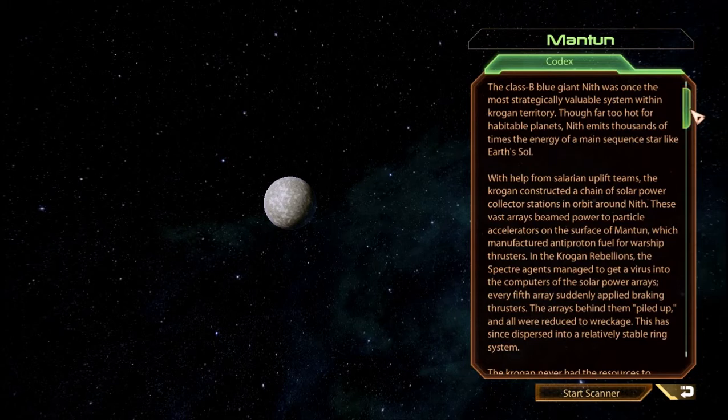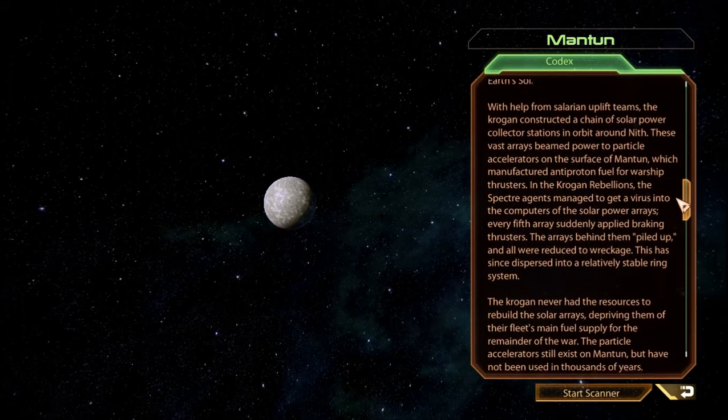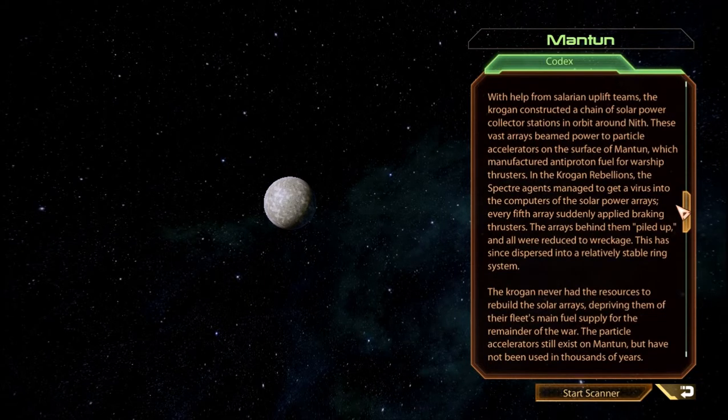Mantun. The Class B Blue Giant Nith was once the most strategically valuable system within Krogan territory. Though far too hot for habitable planets, Nith emits thousands of times the energy of a main sequence star like Earth's Sol. With help from Solarian uplift teams, the Krogan constructed a chain of solar power collector stations in orbit around Nith. These vast arrays beamed power to particle accelerators on the surface of Mantun, which manufactured anti-proton fuel for